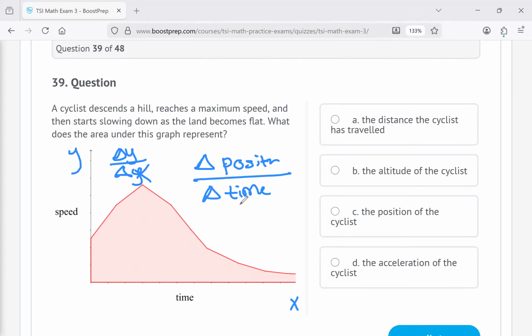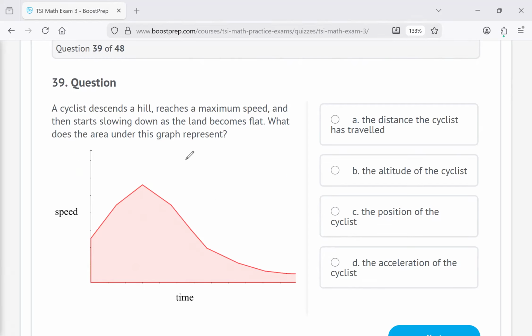What does the area... yeah, never mind. I got that mixed up with another problem. It is actually going to be, so we have speed. Yeah, it is definitely distance. The reason why it's distance is because we have the speed, so it is still change of y over change of x. Change of y is speed, which is technically